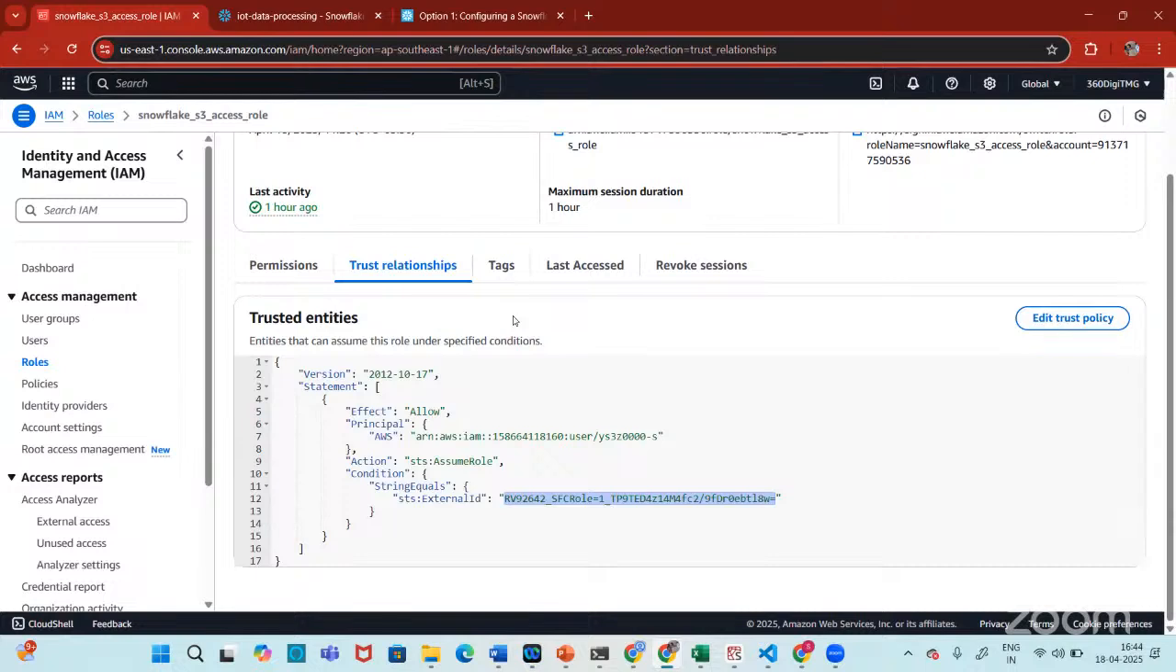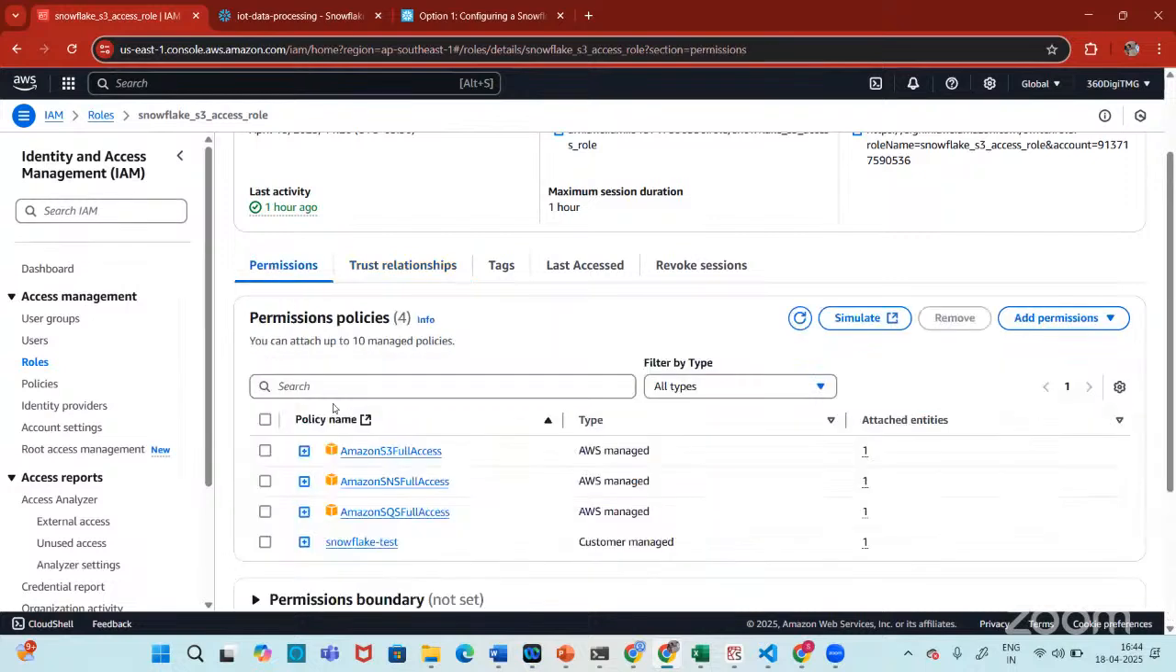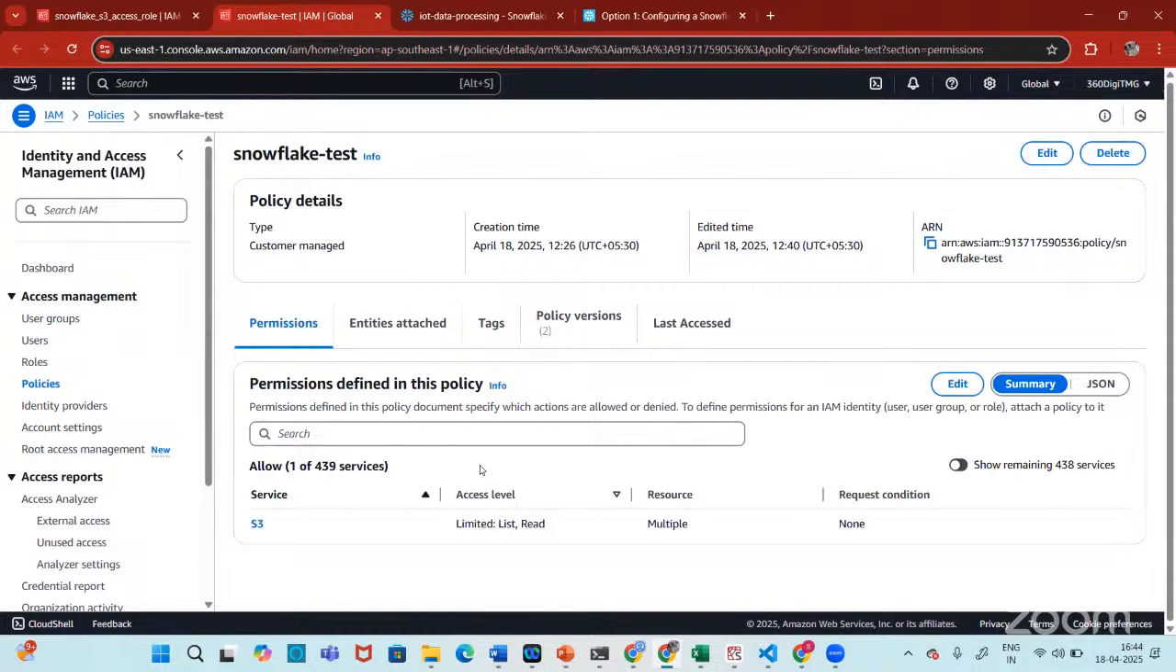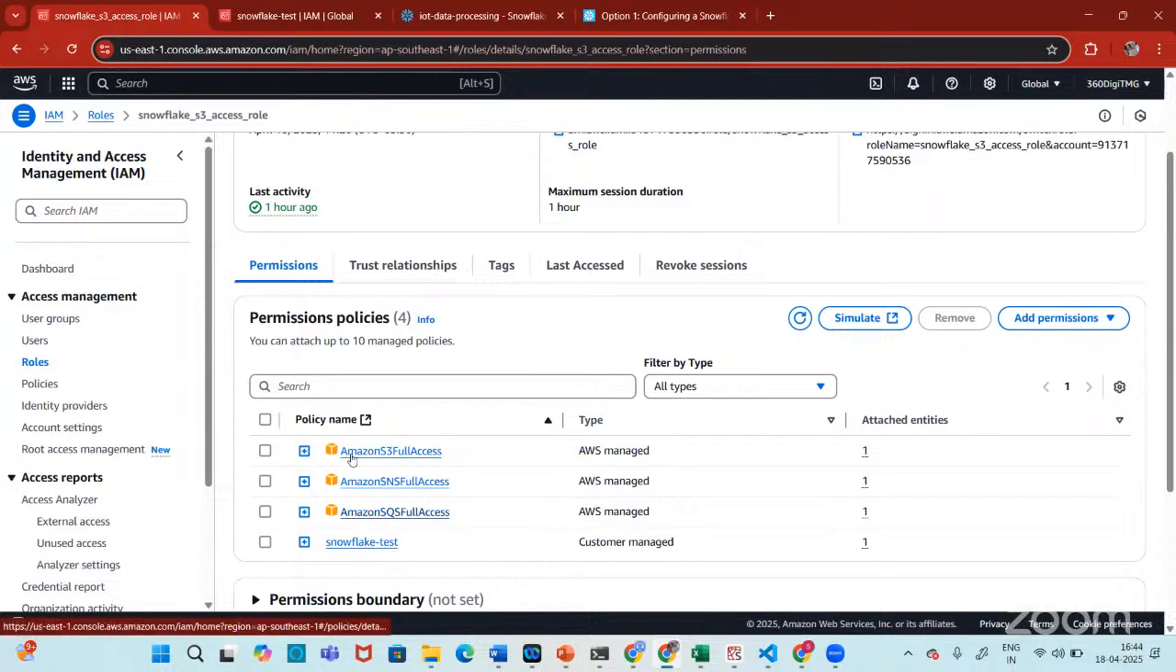After creating the trust policy, you will add permissions. See, I'm just doing this trial and error. I have added these many, but these many are not required. Just Amazon S3 full access is enough. Or you can create a policy only for your bucket and add that. Anything is fine. Actually, these two are not required. Amazon S3 full access is enough. You have to create this. Create and then